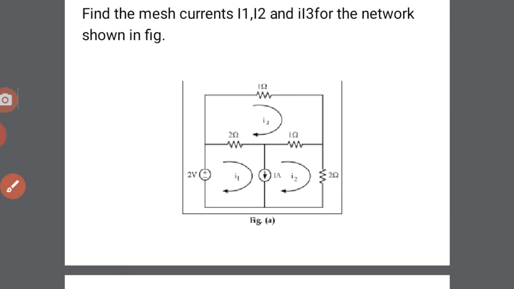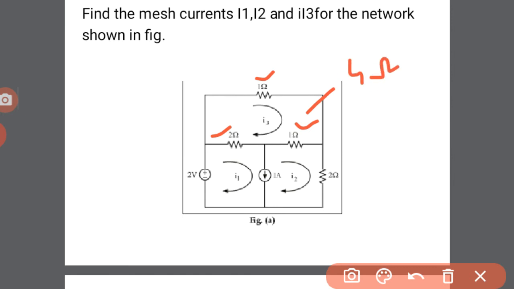First we have to write the loop equation for loop 3. First note down the self impedances: 2 ohms, 1 ohm and 1 ohm, that is 2 plus 1 plus 1, equal to 4 ohms. So for I3 it is 4 ohms. Next, for I1, between loop 3 and loop 1 there is 2 ohms, so that is minus 2. Next, between loop 2 and loop 3 it is minus 1, again with 4 ohms. So that is the case.